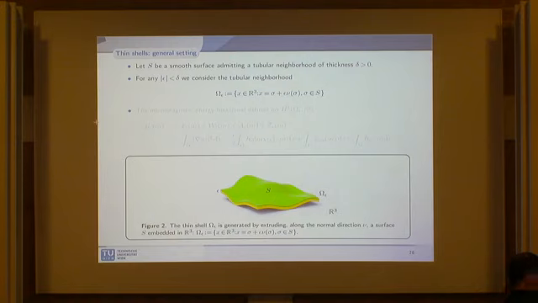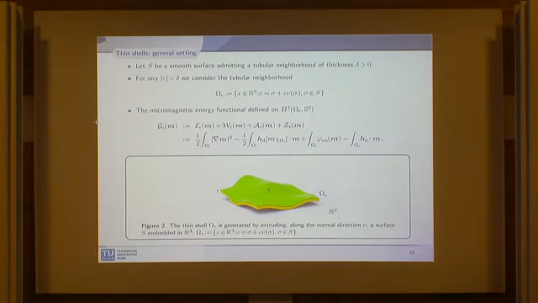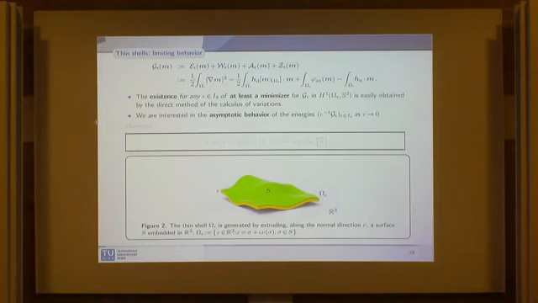And then you can ask yourself: if I compute the minimizer of the micromagnetic energy functional on this shell, and I shrink the thickness of the shell, what is the behavior of the minimizer when epsilon goes to 0? So we are in the realm of gamma convergence here. Everyone will expect that it is easy to prove by direct methods that this functional always has a minimizer.